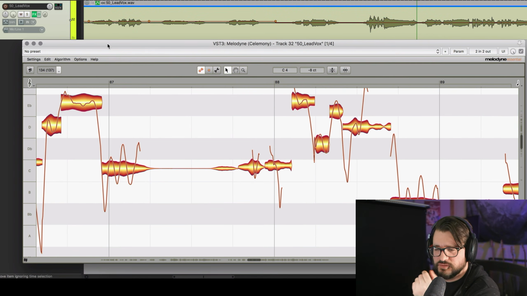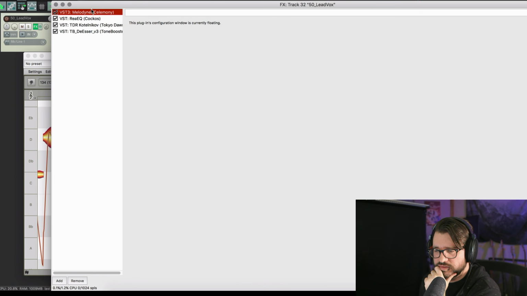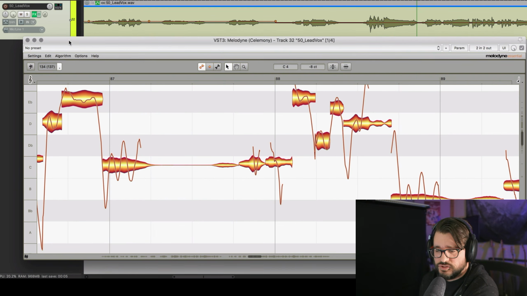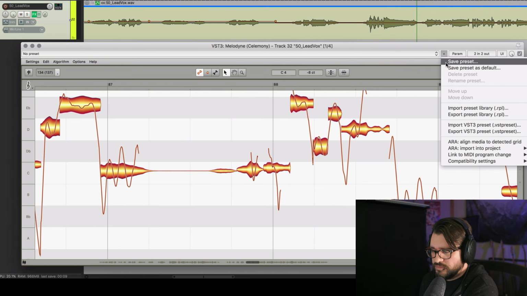Something I may have forgotten to say before is that this is first in the chain, and Melodyne's always going to default to the first plugin in the effects chain. The VST3 version with ARA enabled is going to show up there. There are a couple other preference things, like